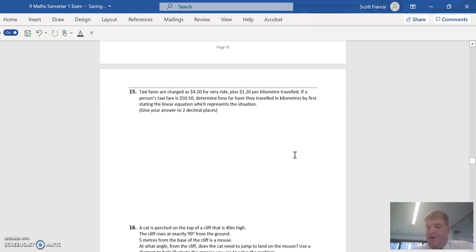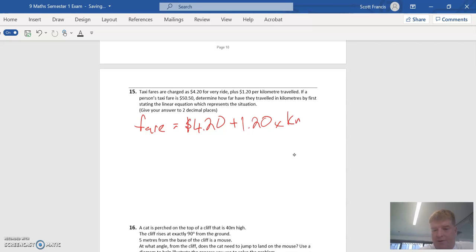Okay, the taxi fare question. Charge $4.20 for every ride, plus $1.20 per kilometre. So if the taxi fare is $50.50, how far have they travelled? What's the linear equation? The fare is going to equal $4.20 plus $1.20, 1.2 times the number of kilometres. That's our rule. Now if the fare is $50.50,